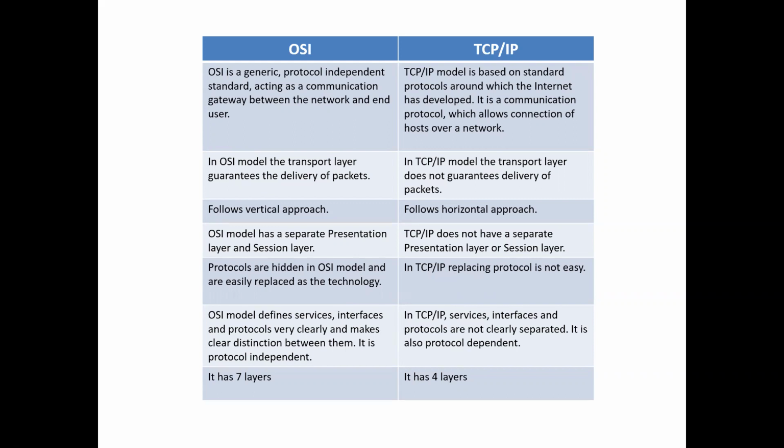The TCP/IP reference model helps you to determine how a specific computer should be connected to the internet and how you can transmit the data between them. Whereas the OSI reference model defines a logical network and describes computer packet transfer by various layers of protocols. Here OSI is protocol independent and TCP/IP is protocol dependent. Protocol independent means OSI acts as a communication gateway between the network and the end user.